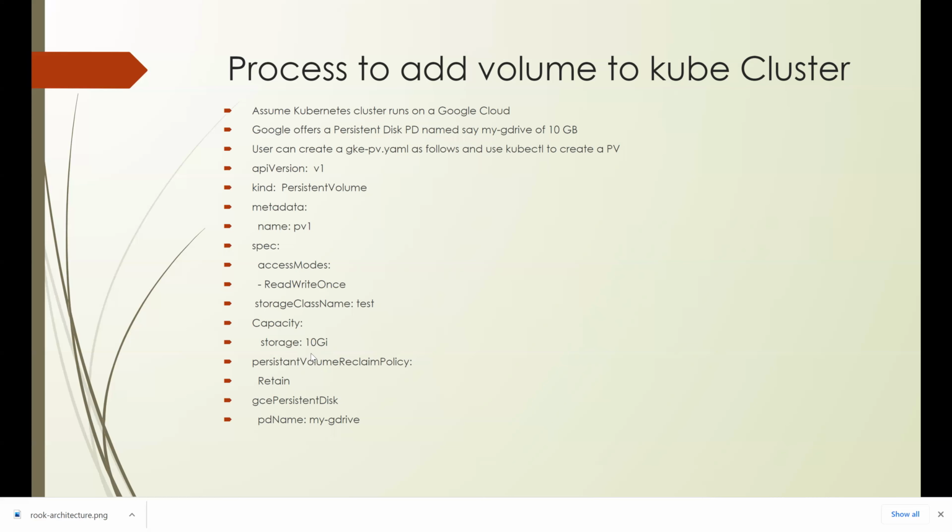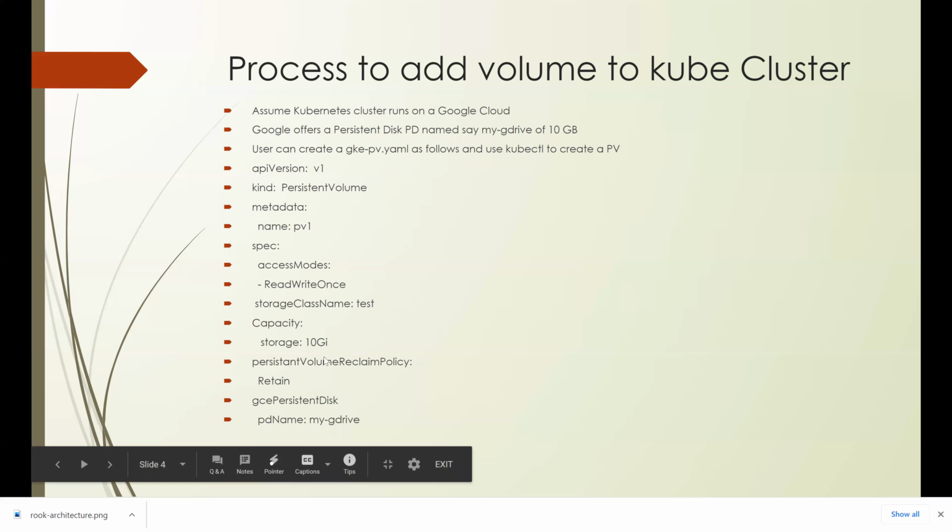The capacity described in the specification, our desired goal, is to have 10 gig of storage, and the reclaim policy is retain. Either you can delete or retain. Retain means if it gets disconnected or something happens to the pod, you still retain what exists in the volume. It doesn't disappear. That's the reason retain is a good choice for us, not delete. If we delete, then there is no difference between having a persistent volume and not having one. So retain is one of the specs for it.